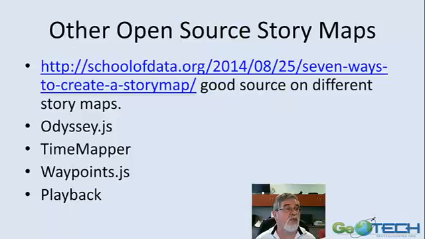There are other open source story maps, because these, while they may be made by commercial people or from a college or university project, are not the only ones. Here's a good source to find information on different story map types, and I've listed some here in no particular order. The JS on the end means they use JavaScript,